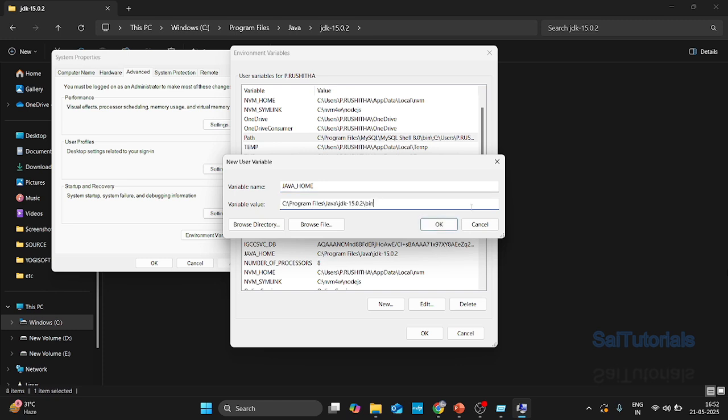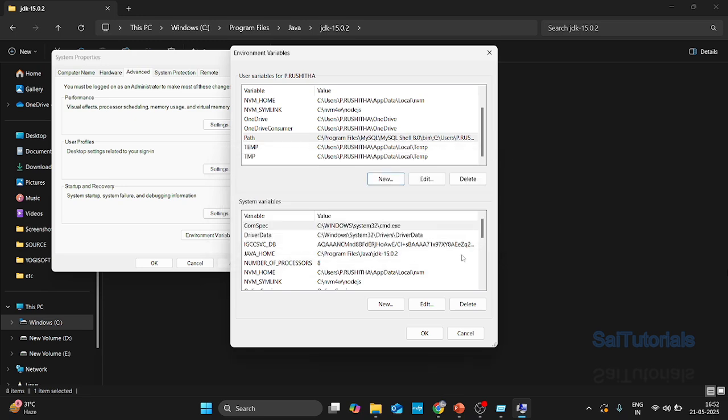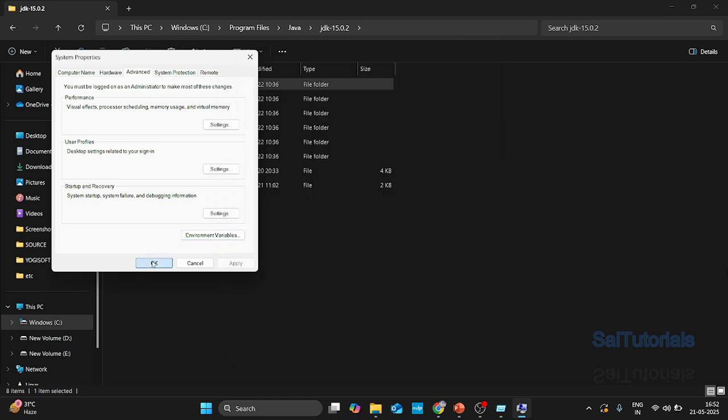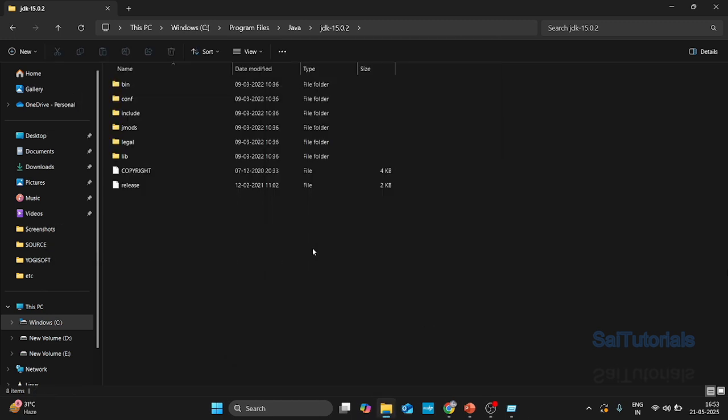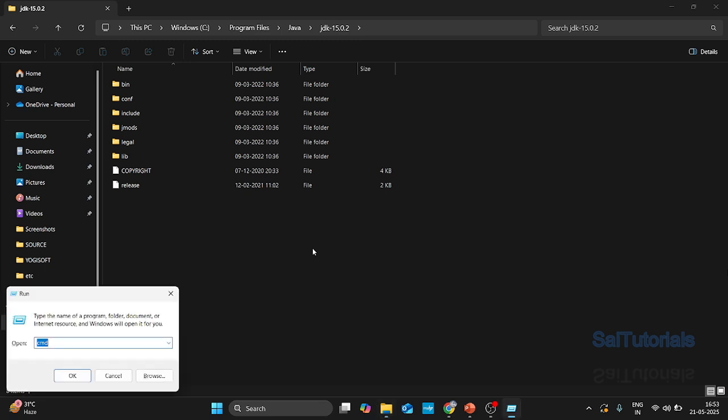So it's not mandatory for you to copy up to bin. You can put it like this, up to bin is enough. And after that, you can click on OK, and then select OK, and here also OK. So after this, we have configured it, and you are telling the OS where the Java file is by setting the environment variable. After that, open command prompt,